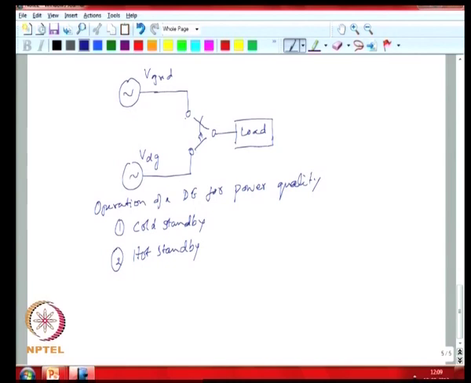Okay. So here you are not waiting for a DG to start up. If your switch is faster, you can actually transfer over in a much faster manner. So if you look at power quality applications,